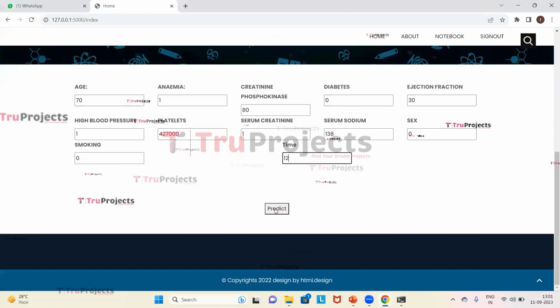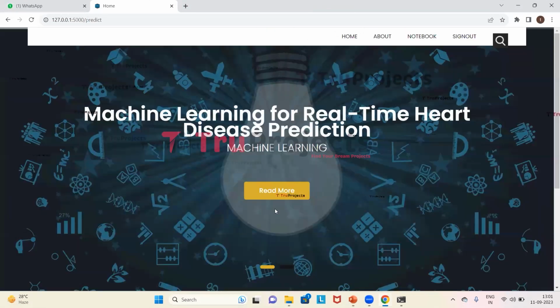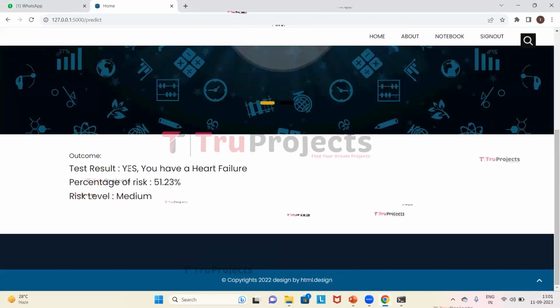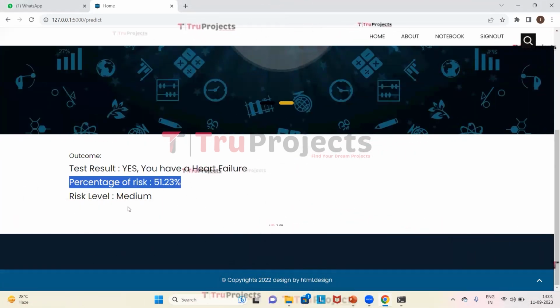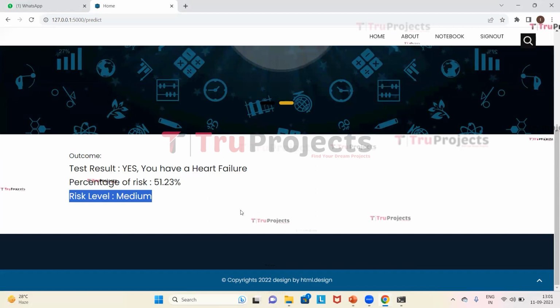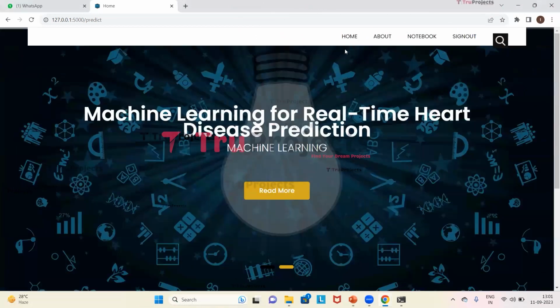Now we will click on predict. So it is predicted that he has the heart failure, and the percentage of the risk is 51.3 and the risk level is medium. Now we will fill other parameters of the other patient,